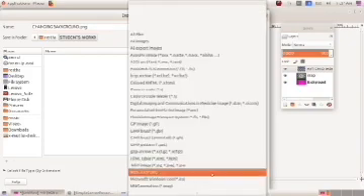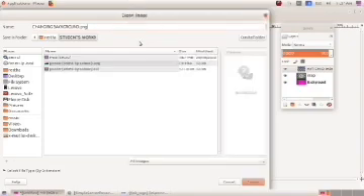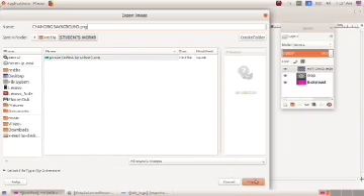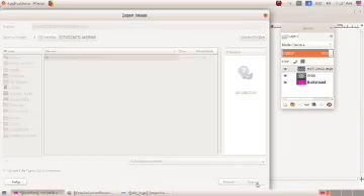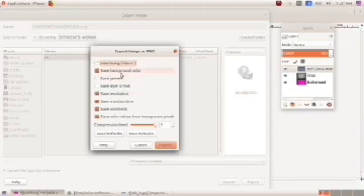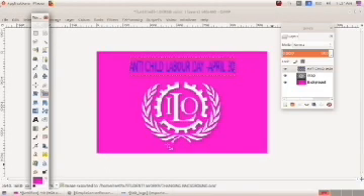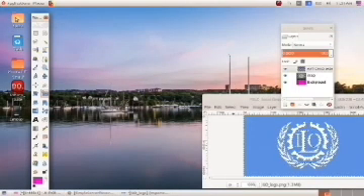Now I am selecting all export images only. Okay, then click on export. Then export. The file is exported into the PNG format.